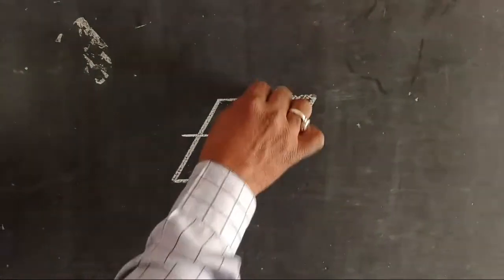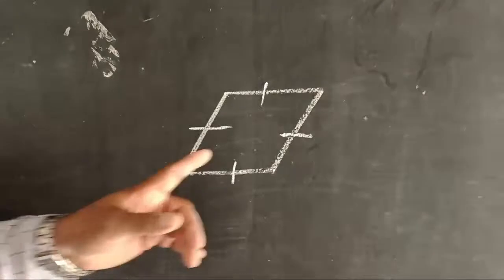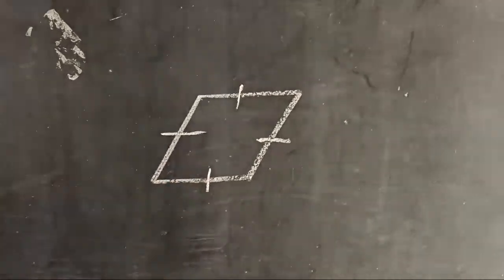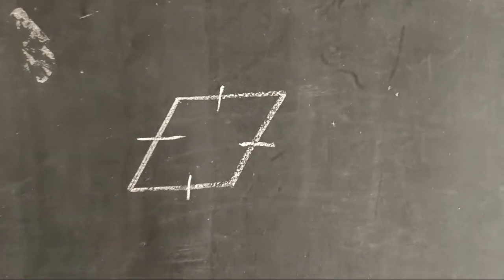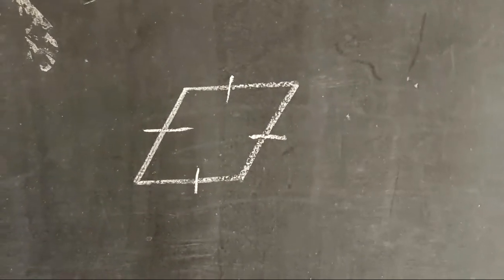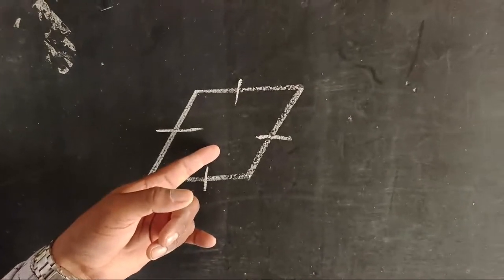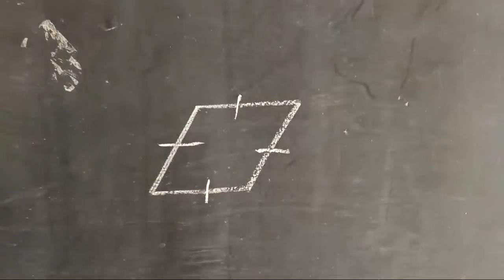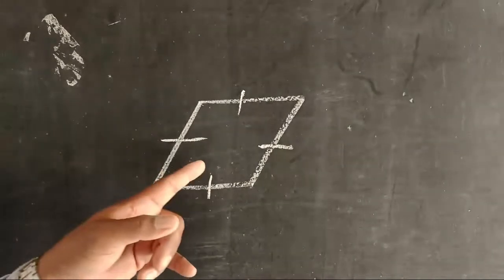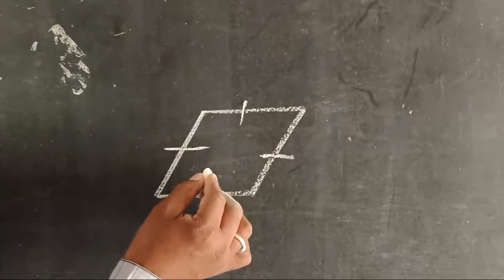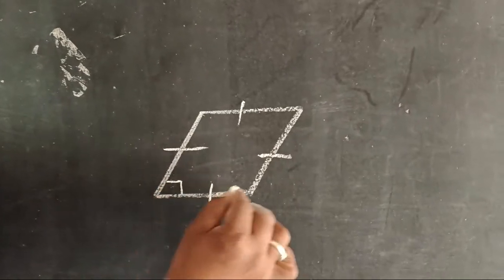All sides of that quadrilateral are congruent, therefore it is called a rhombus. This quadrilateral is not a square. And if each angle of the rhombus